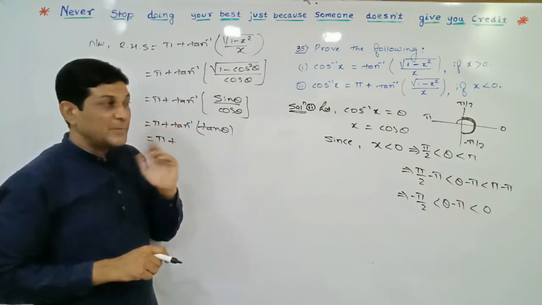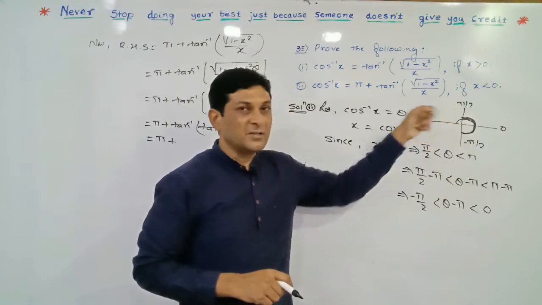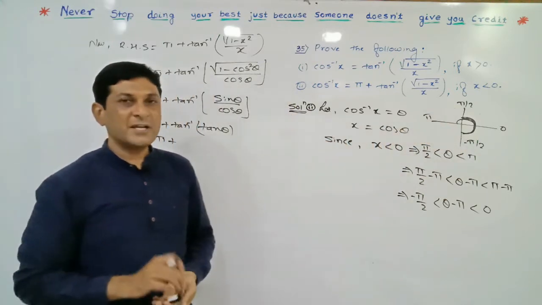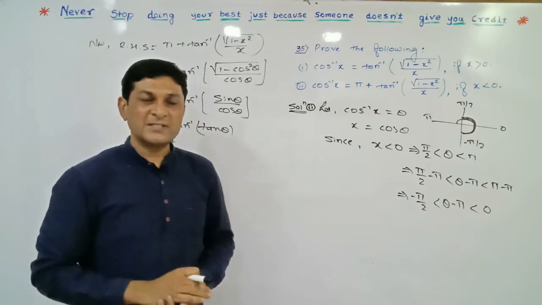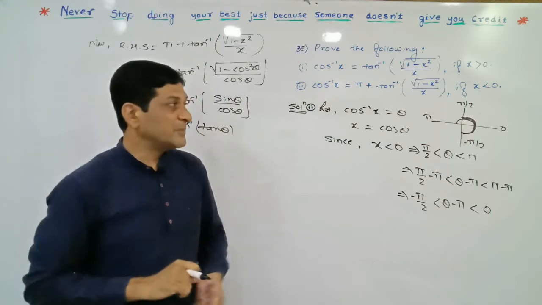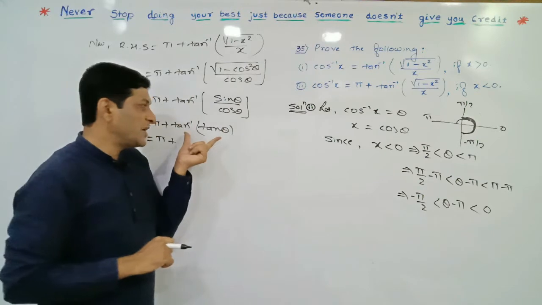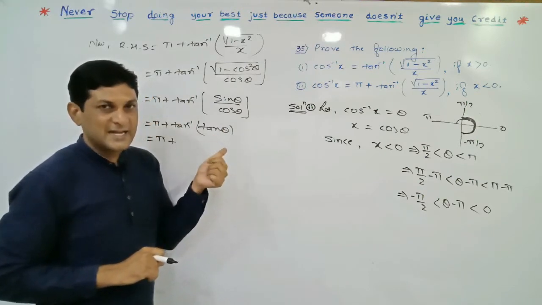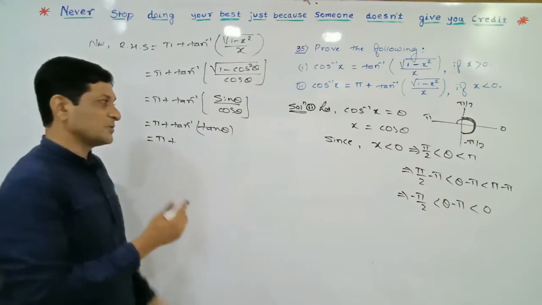Means theta is the value of tan inverse. But theta lies in between pi by 2 to pi, so it lies in the second quadrant. That's why we are not able to consider it as principal value. We can consider it as principal value if it lies in the range of tan inverse, that is in between minus pi by 2 to plus pi by 2. So that's why here we are not able to cancel tan and tan inverse according to the property of inverse trigonometric functions, so we have to simplify it.